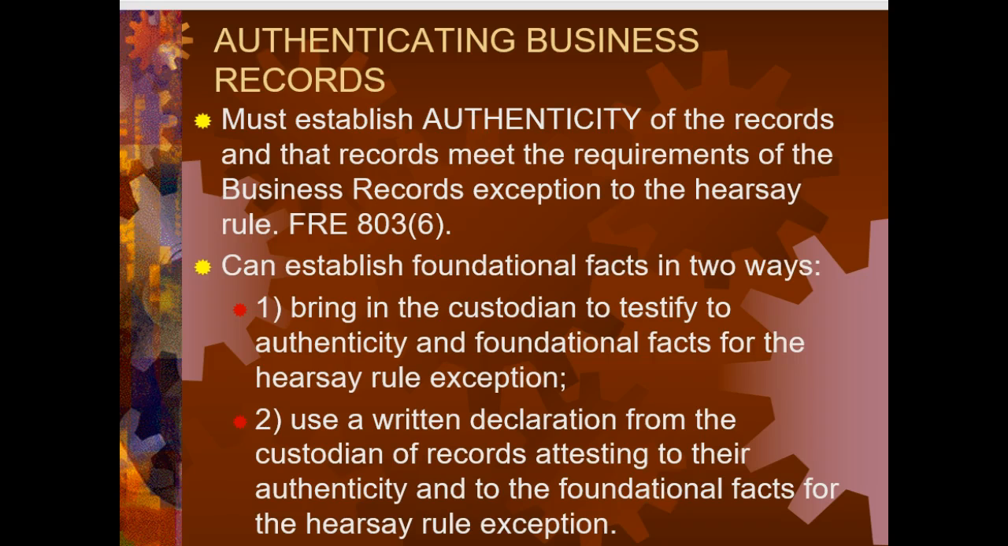Okay. Well, you first have to establish authenticity of the records. The records have to meet the requirements of the business record exception to the hearsay rule under Rule 803(6). And you can establish this in two different ways. You can bring in the custodian to testify to their authenticity and the foundational facts for the hearsay rule exception, or you can use a written declaration from the custodian of records attesting to their authenticity and to the foundational facts for the hearsay rule,